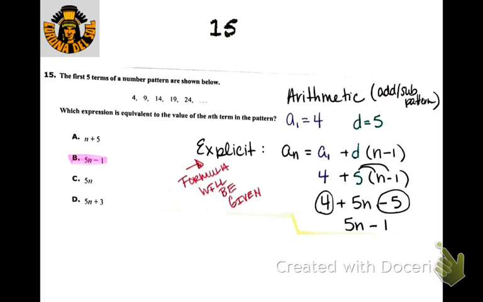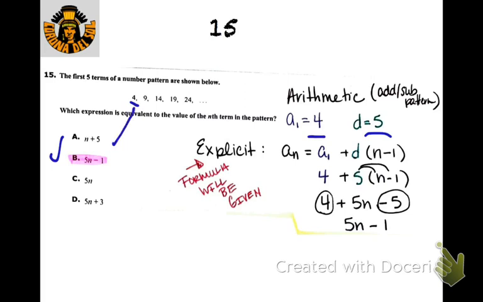Okay, so this one we start off with our first term, which is 4, and we can tell that it's going up by 5, so we just plug it right into the formula, and then we simplify. So that's the only one that works. And again, you can test it out, right? You can plug in each of the numbers and see